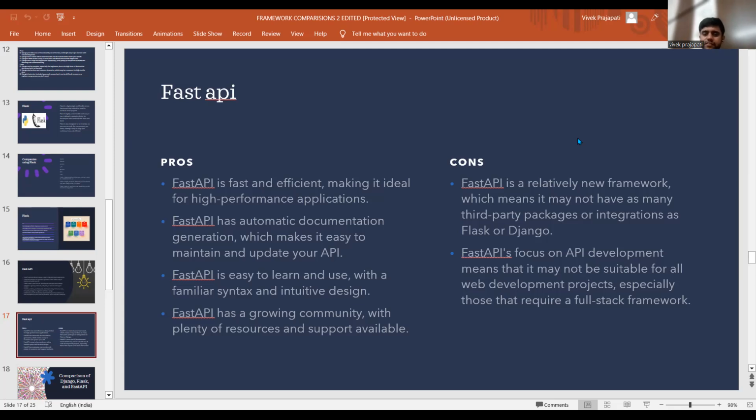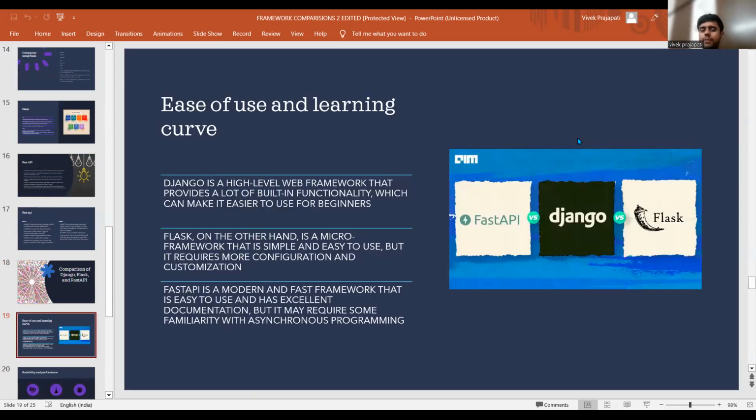We are discussing the comparison: a comparison of ease of use and learning terms. Django is high level. It is hard to learn, but once you get to a certain level in your programming, it is sometimes easier. Flask, on the other hand, is a micro framework. It is very simple to learn because of its minimalistic features and minimalistic communities, which give some advantage on a learning basis.